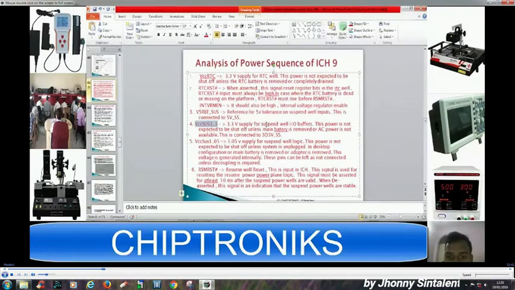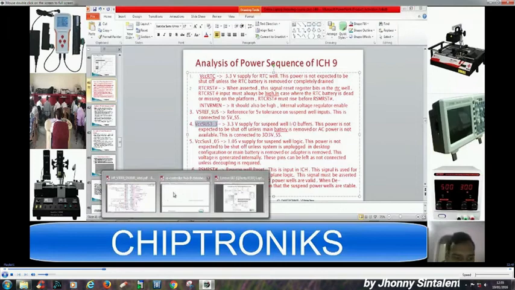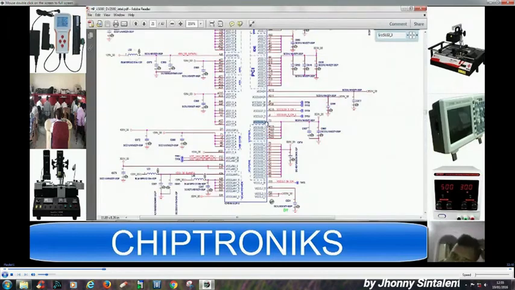This is 3.3 volt for suspend well input output buffers, right? Input output buffers. Now this VCC sus 3_3 is connected with